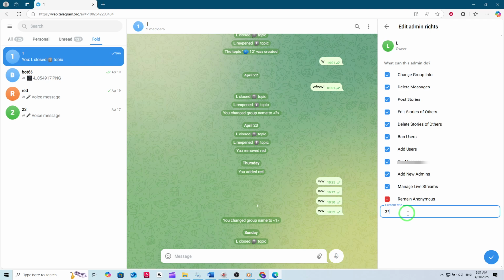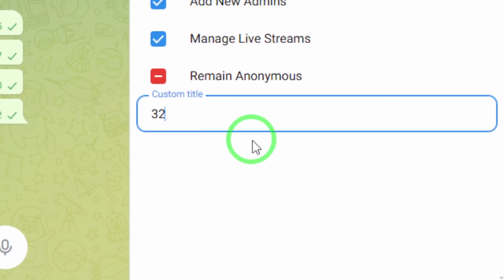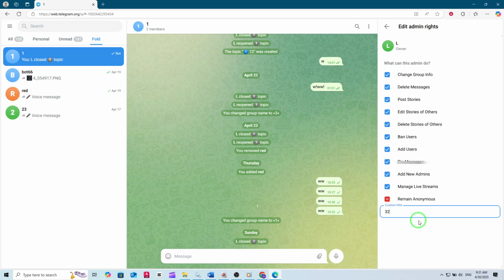Once you've entered your new title, make sure to click Save at the bottom of the page. Your new custom title will now be visible to all group members, right next to your name in the chat and the member list. This not only helps identify your role, but also adds a personal touch to your group's